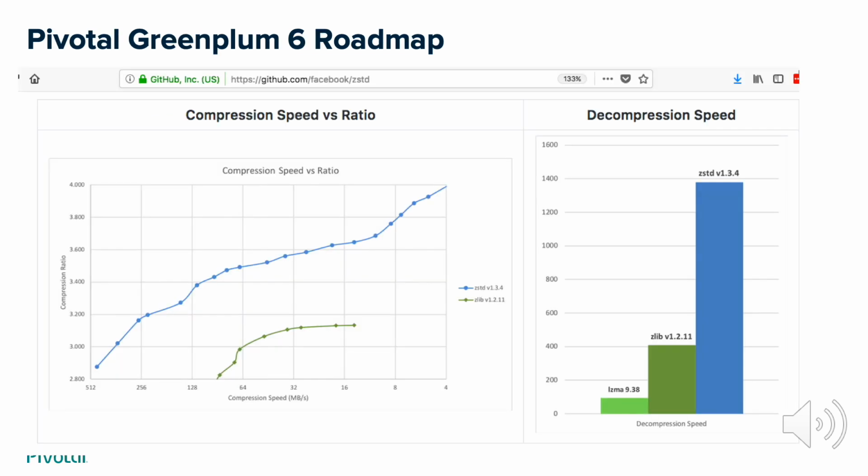You can see here a comparison of zStd compression to other compression algorithms such as LZMA and zlib. And you can see here that as the compression speed increases, the compression ratio is also increasing. What this implies essentially is that you can compress the same data with less CPU and in faster time. Decompression speed is also improved with zStd. So people with large data sets that need to compress them to save space should leverage zStd compression in Greenplum